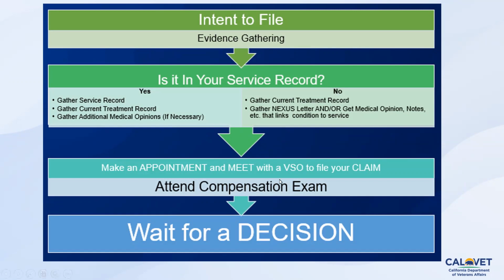There are quite a few claims that are submitted after the fact. One great example of claims that we're dealing with today are for exposure to Agent Orange. We have a lot of Vietnam era veterans who decades later are starting to develop diseases that are known to be associated with exposure to Agent Orange. They didn't complain about it in service, but that doesn't preclude them from being able to file a claim. So we work with them to put together the information that we need, and we take the information that is already readily available that shows a strong link between exposure to Agent Orange and numerous different types of cancers and diseases, and we use that to file a claim.